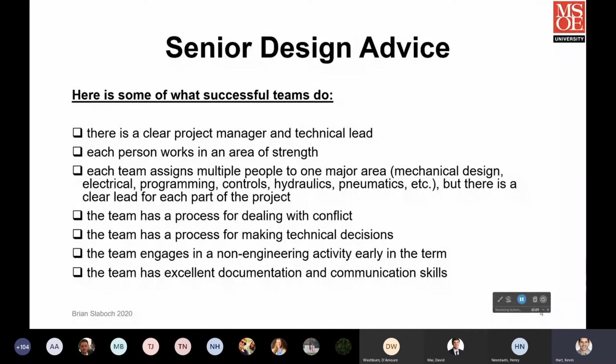And you also need somebody, a project manager, that's going to keep the team on task, make sure you're hitting the deadlines that you need to hit. Another thing that you want to try to do is have each person work in an area of strength. Great teams are built by taking everybody's strength and magnifying that,